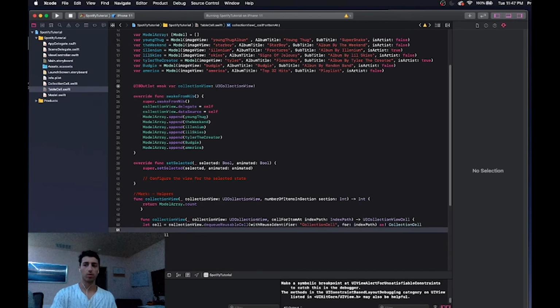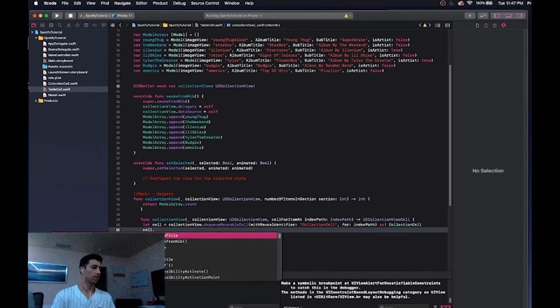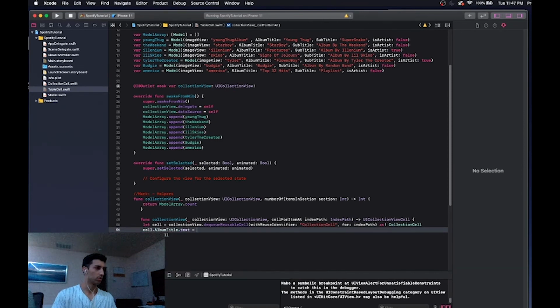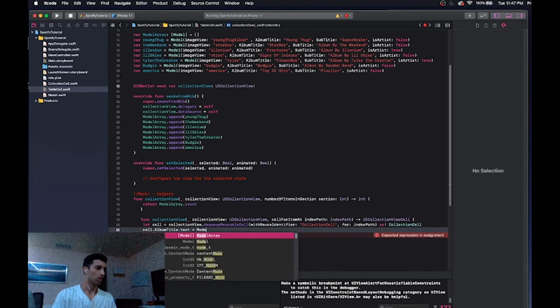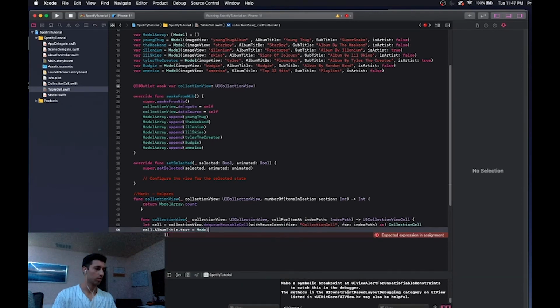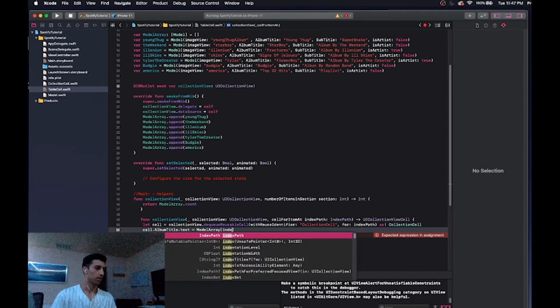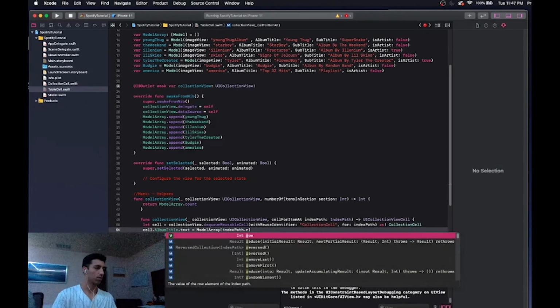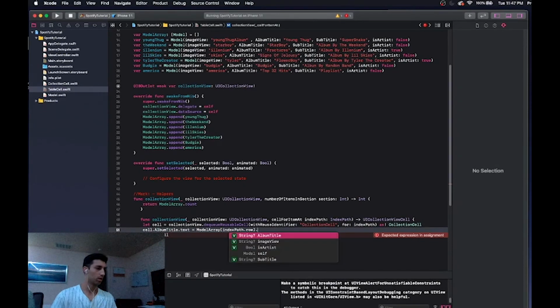So we can do cell dot album title dot text is going to be equal to calling it model array at the index path dot row, and then we're going to come in here and do the dot album title,